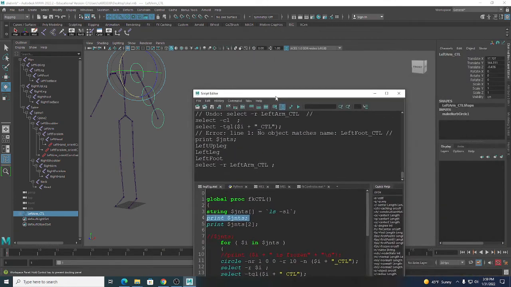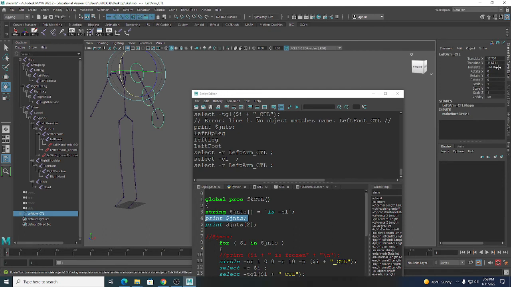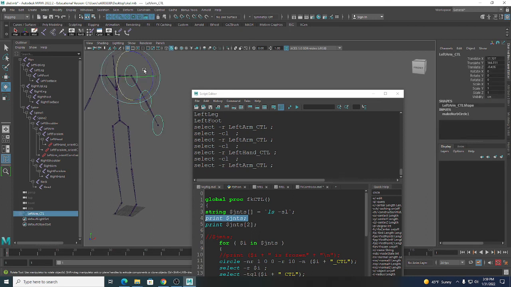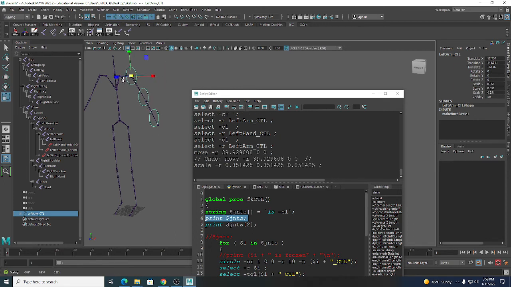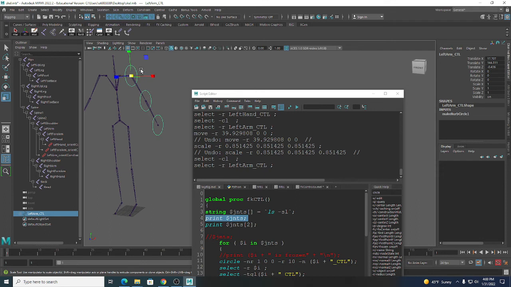So once you have these set up, this is what you don't want. So first of all, I'm going to see if I can orient these. Well, let's look at each one. Okay. So this is what you don't want to have happen. You don't want an animator to come in and, well, I'm going to move this. And oops, you know, or I want to scale it. Nope. So what you want to do with this, so select hierarchy,